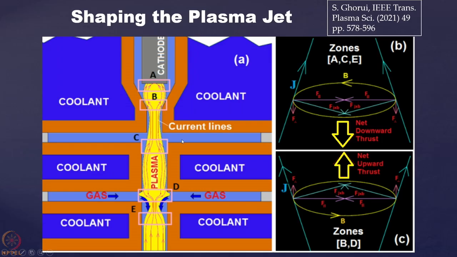This is the cathode, this is the nozzle, and below that there are many segments which can be added, and where you can inject the gas. In one case I have shown you the simulation where we are injecting the gas from the side and how that was affecting. So I will explain all these things over here.